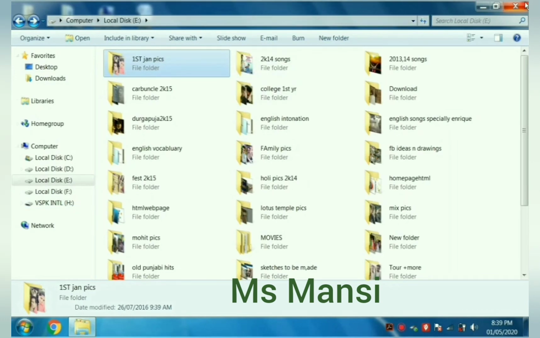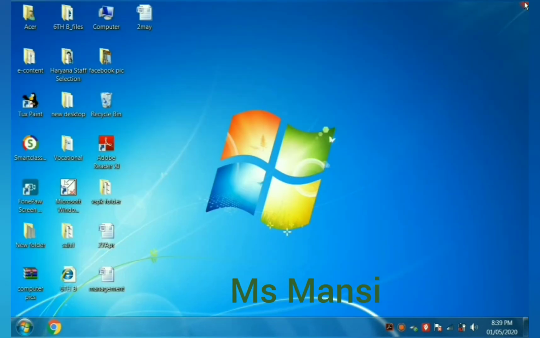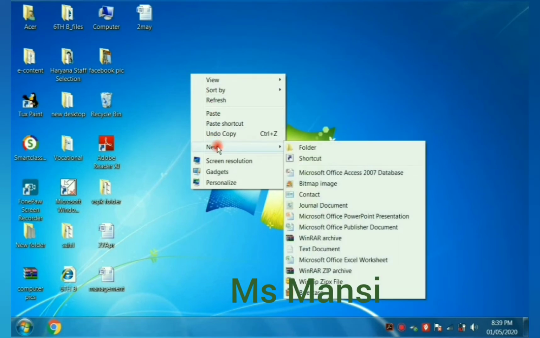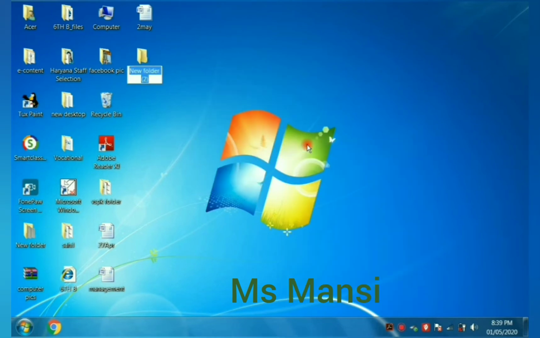Students, now I will tell you how to create a folder. First of all, right click on the blank area of the desktop, then click on new, then click on folder.